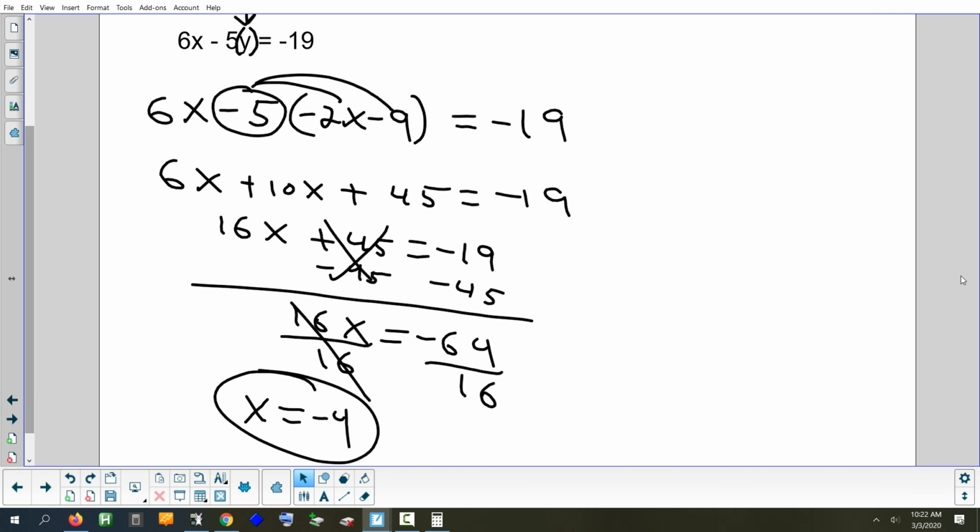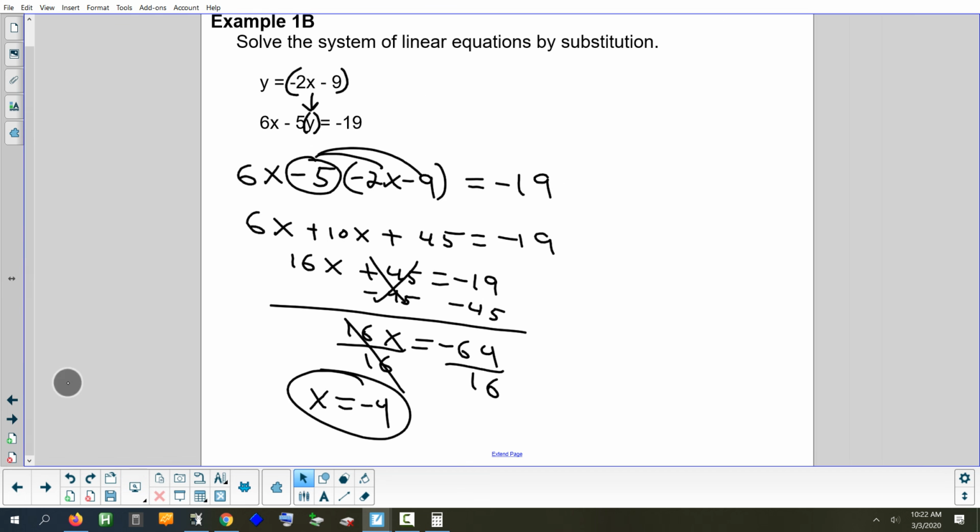Okay, are we done? No. No, what do we still need? The Y. We still need the Y, so what are we going to do with that -4? Plug it in. Yeah. Which equation do you want to plug it into? The first one. Yeah, technically you could use either one. I think the first one is a lot simpler. You're going to plug it in